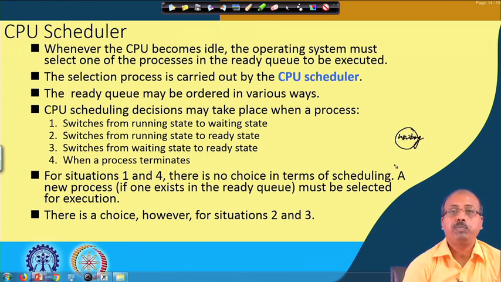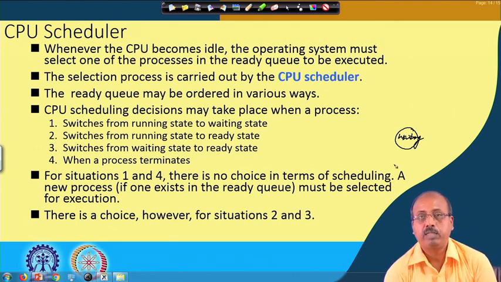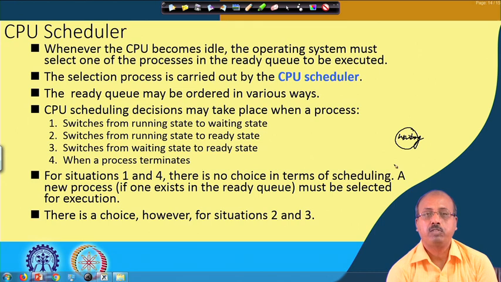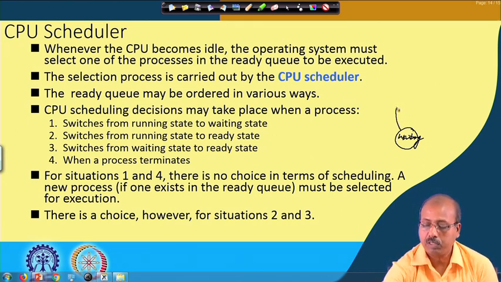is over. The wait period may be over for several reasons. Maybe it was waiting for some IO operation, and that IO operation is over, or it was waiting for some event to occur, for example, waiting for some child process to terminate, things like that. So, when this event or IO is over, then the process makes a transition to the ready state, and now it may so happen